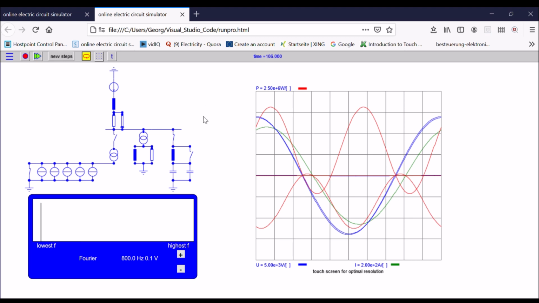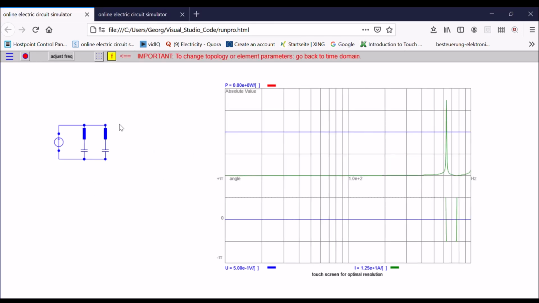So far I have a filter which takes care of the fifth harmonics only. What about also looking at the seventh harmonic? So I would go for a two-branch filter. So I have now my two filters in parallel. The capacitors are still as before, so 50 micro, 50 micro. But the reactors have now two different values, and I have to tune the value so that one of the filters